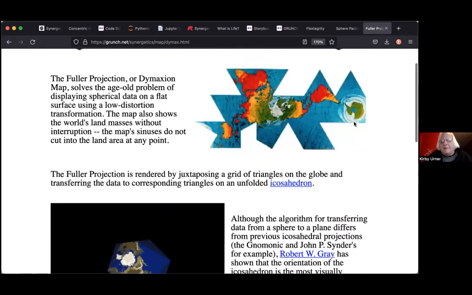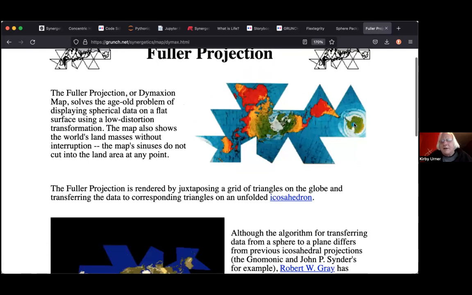Whereas in the Fuller projection, you've got a nice South Pole the way it should be, and everything looks about the right size. And it's a good map for understanding how air travel works. If you're going from the Atlantic coast to Europe, you don't fly over the Atlantic, you fly over Greenland and all that kind of stuff. So really cool map,